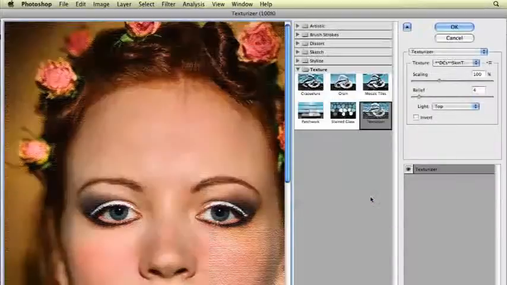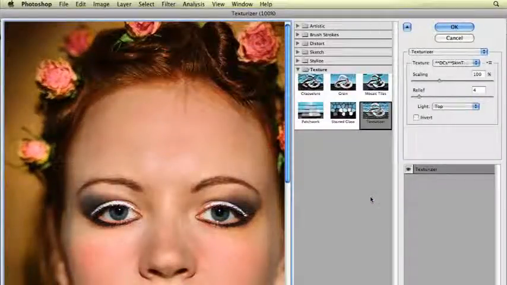Click on Load, and what that texture file actually is, is a big patch of skin that I went in and completely retouched the correct way, and did very, very detailed, so it's a nice, really clean patch of skin. Now, the problem is that skin texture varies, especially on the face. It's more noticeable. The skin texture of the forehead is actually different than the skin texture you see on the cheeks or on the nose or on the chin. But the biggest difference is that the forehead skin always looks so much different than any other part of the face. So we're going to use the same skin texture for everything, but I'm just going to change it by